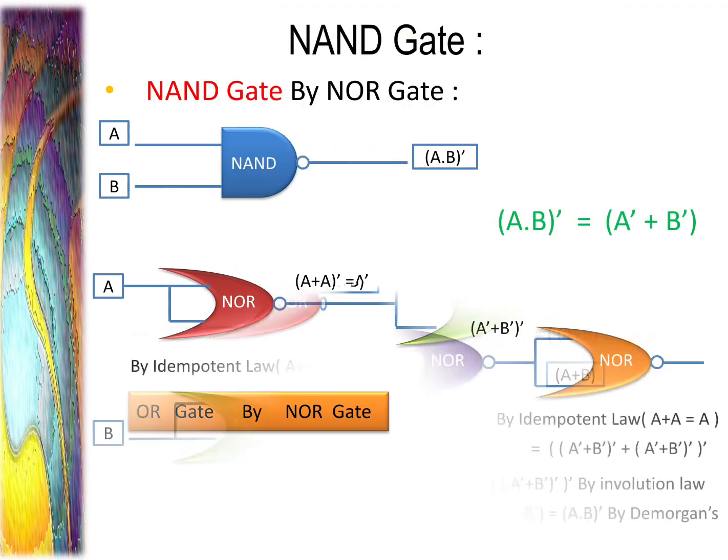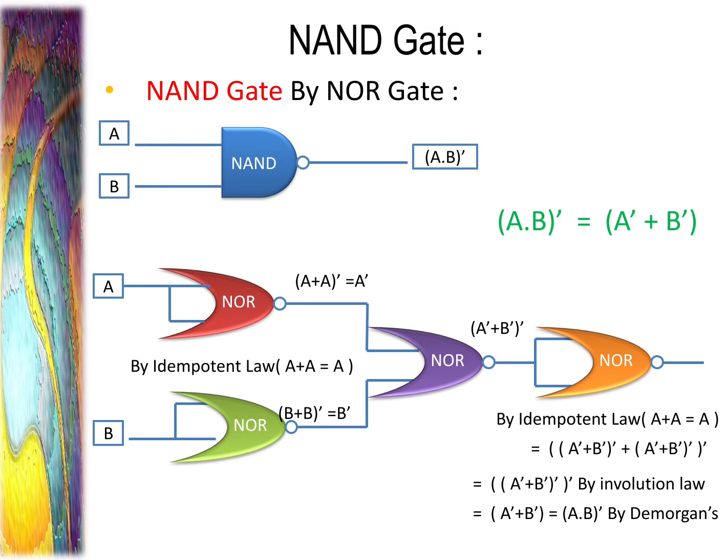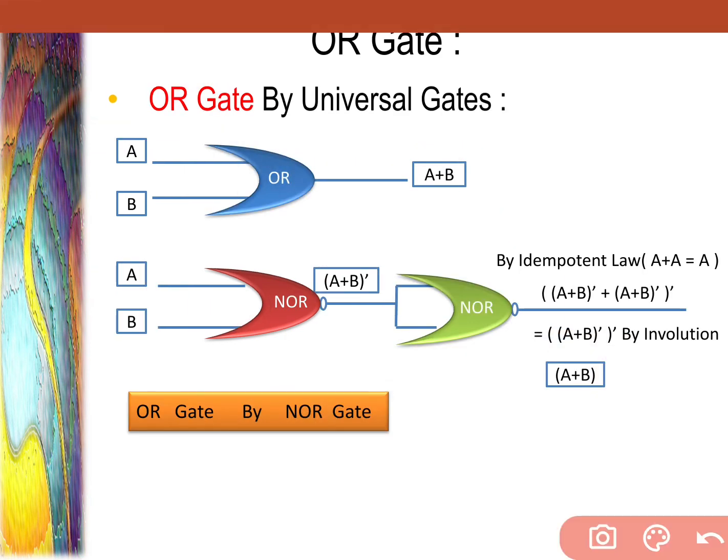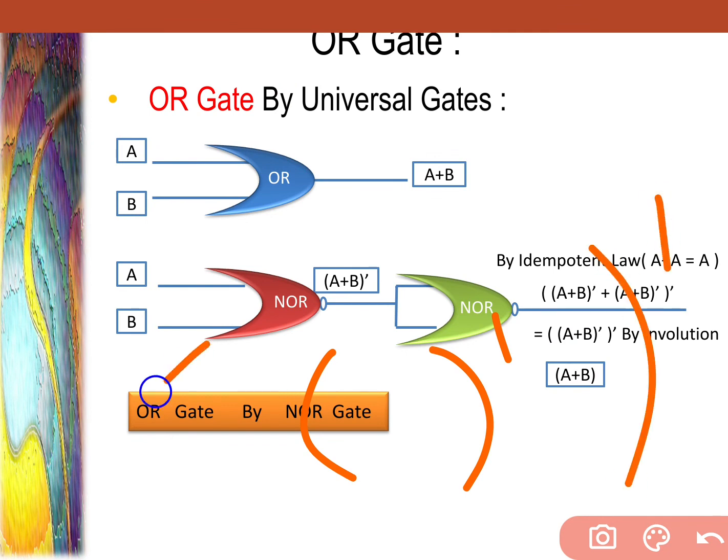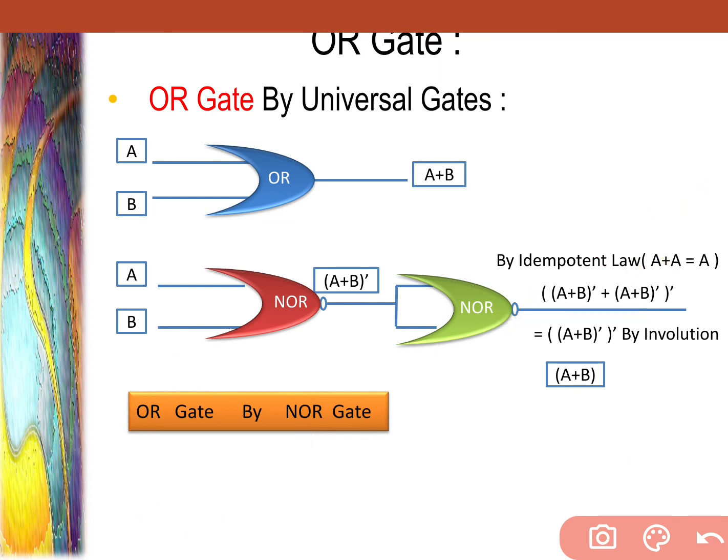Whenever we have to remove dash, you have to use the same trick. Just remember, if you are creating one more dash here, then dash dash will be cancelled. That's why we are passing it again through the NOR gate, so that we are getting one more dash here. Then dash dash will be cancelled and we are getting the same thing. Just remember a few things and you are capable to do any circuits. See the next one.